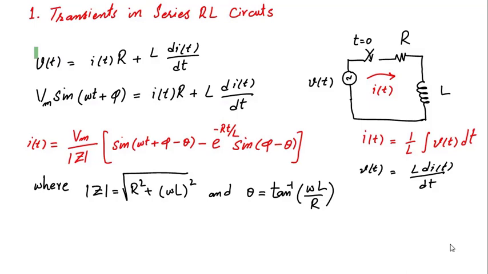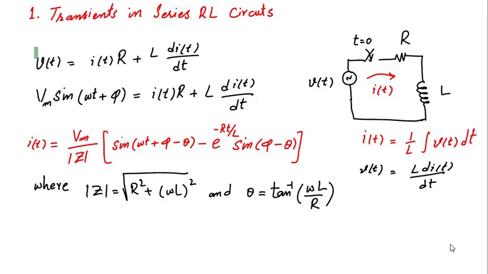In the previous case, where we assumed a pure inductor, if we put the value of R equal to 0 in the term Z, Z will become equal to omega L, which we have seen over there, and then theta, which is tan inverse of omega L over R, will become 90 degrees. The impedance angle was 90 over there. If we substitute 90 in the above equation, the sine term will become a cos term. The same thing will happen with the second portion after the negative sign.